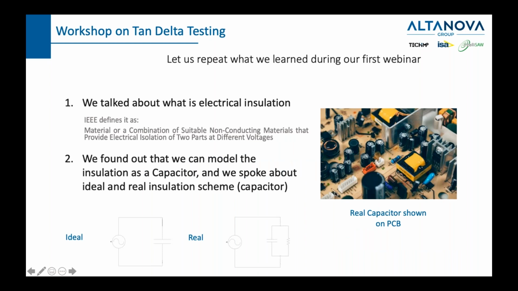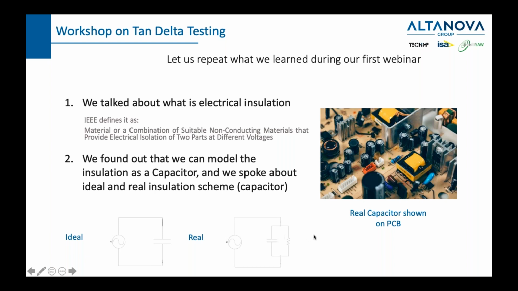There is 1 hour in front of us. So we can see right now what we learned the last time. Last time we talked about electrical insulation, of course, and we defined it as one or multiple materials which are non-conducting and provide electrical insulation of 2 parts at different voltages. And what we did then is we found out that we can model the insulation as a capacitor. And we spoke about the ideal insulation scheme or ideal capacitor and a real insulation scheme or a real capacitor. We can see that the ideal has just the capacitor and the real one has also the resistor connected in